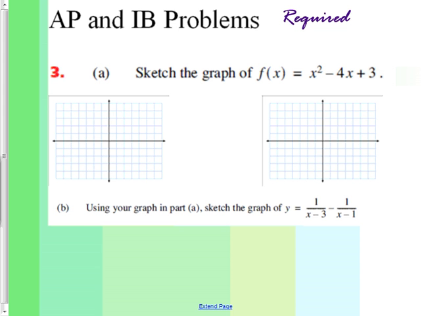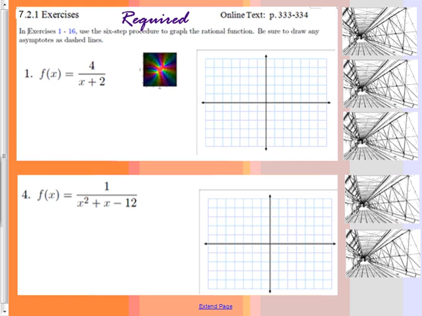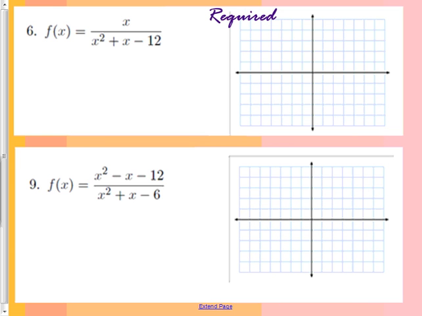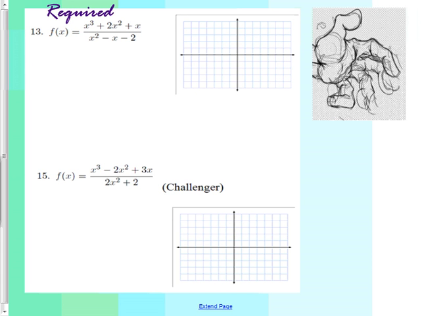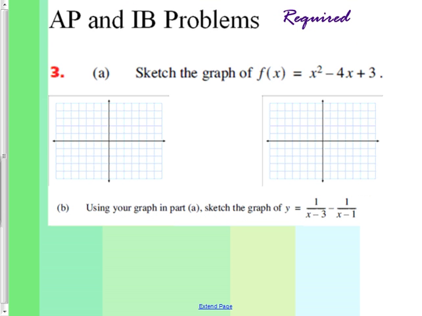All right. One, 4, 6, 9, 15, and the AP problem number 3. I don't want to say it again. Sorry. All right. So we are now going to stop and grade homework from last